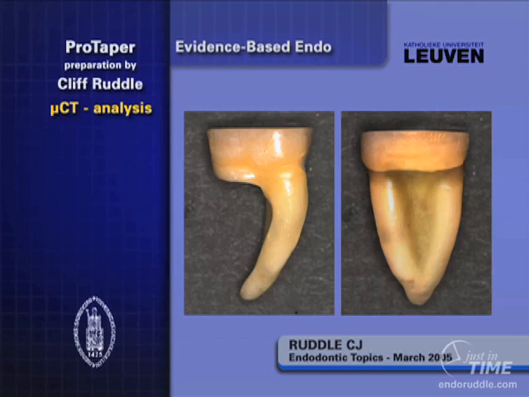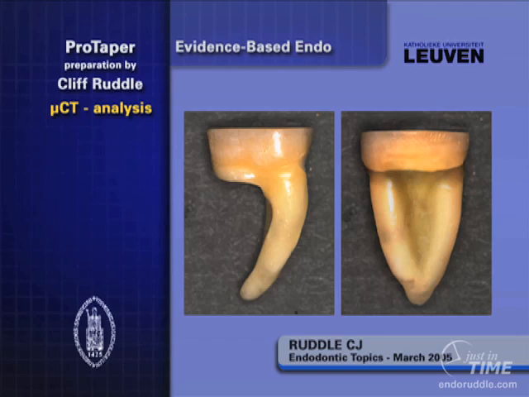The Catholic University of Leuven sends me the tooth on the left, and they remove the distal root. In this case, what you're noticing on the left image is what you would pretty much see if it was a radiograph. You can get a hint that there's a furcal side concavity. On the right, though, if we flip the tooth 90 degrees and it's rotated, you can see that there's a